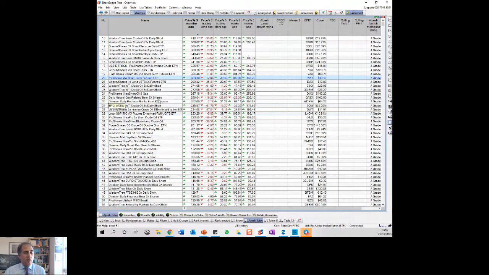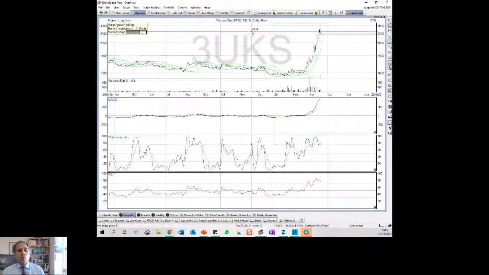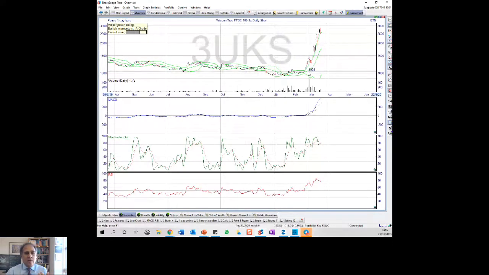So let's just have a look, for instance, just to give you an idea of how these work. Let's look at the WisdomTree Footsie 100. It just happens to be WisdomTree. Other brokers might offer iShares or State Street. Doesn't matter who the provider is. They pretty much work the same way. Okay, so let's say you're looking at this. And this has, of course, shot up from 1,000. So if you put £1,000 here, suddenly you've made £1,500 in profit. It's gone to 2,500. The Footsie 100, 3 times triple short.